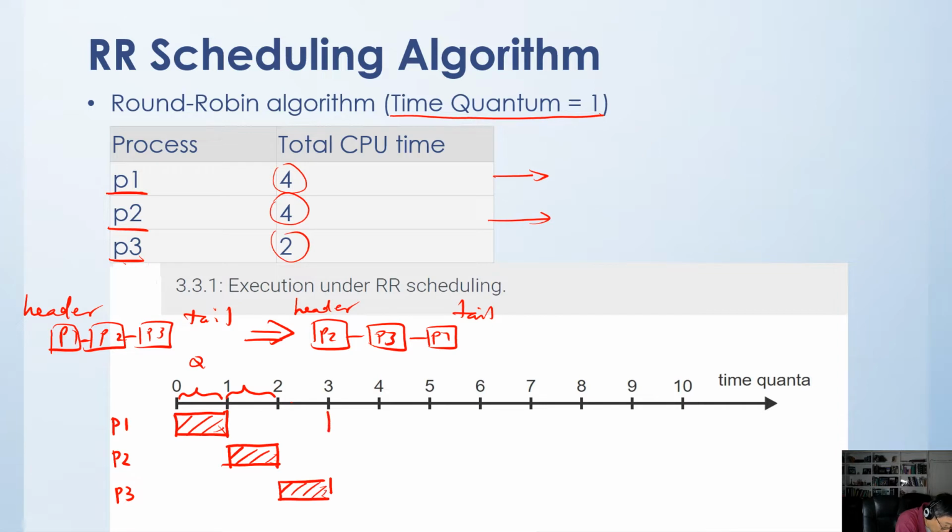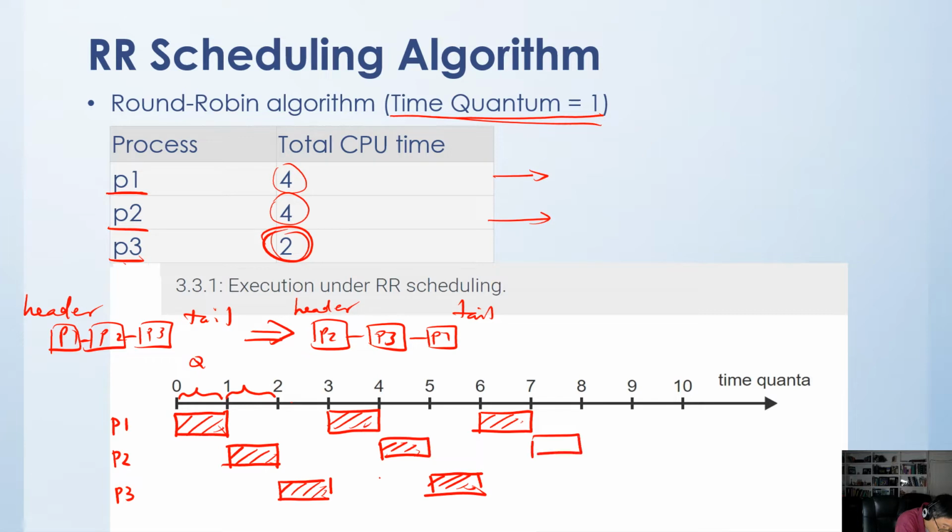And then we go back to P1, and then we go to P2, P3. Now remember, P3 is 2. The total CPU time for P3 is 2, which is also the time quantum of 2, right? So then we go back to P1,